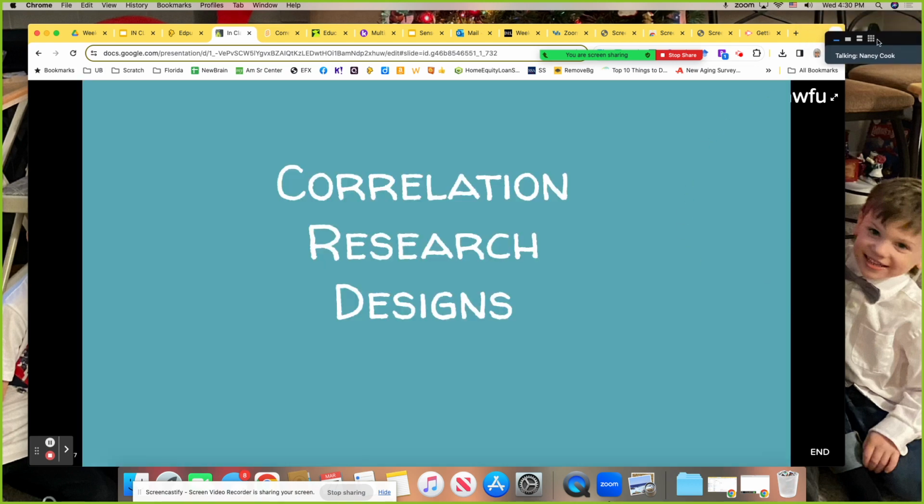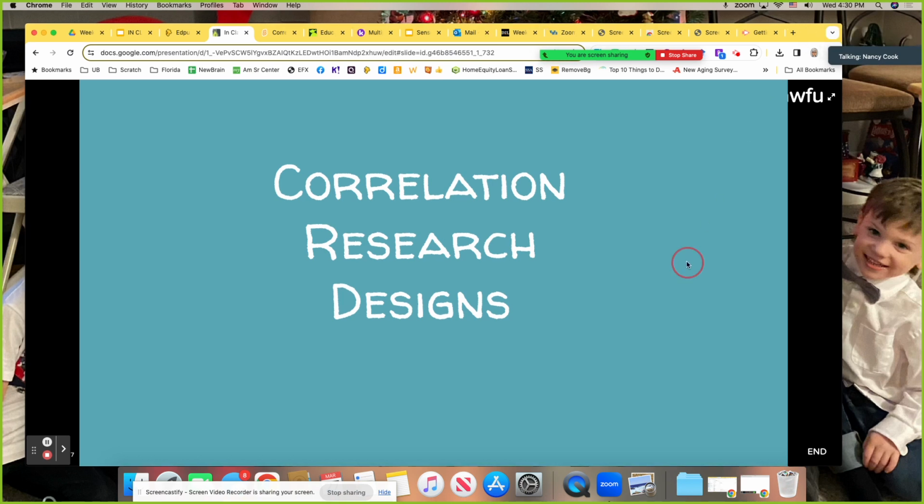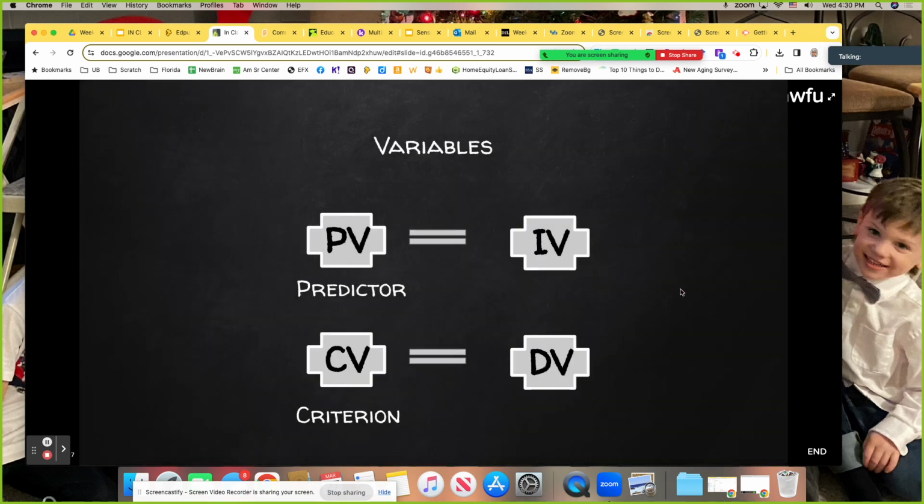So let's look into some correlation research designs. First of all, in the correlation study, sometimes they use the terms independent variables, and at other times they change to these terms. So I want you to not be confused if a research study is talking about these kinds of variables. Predictor variable is the same; when you read that, you'll understand what they really are. Since you know what an independent and dependent variable are, you can assume that you know what these two things are because it's the same.